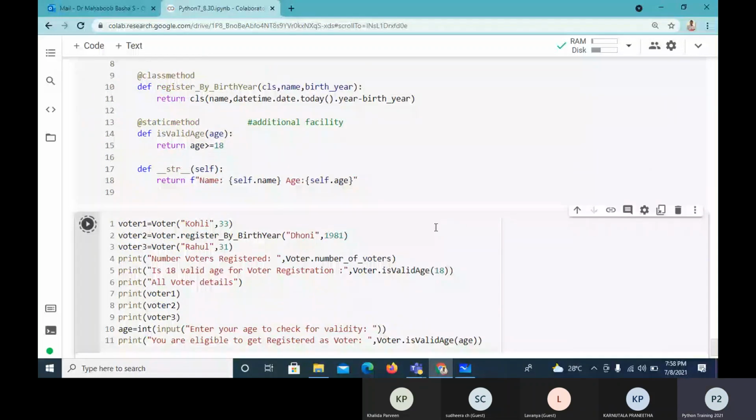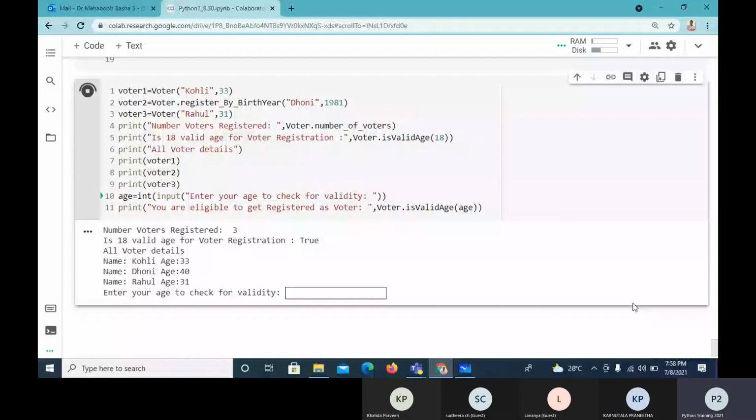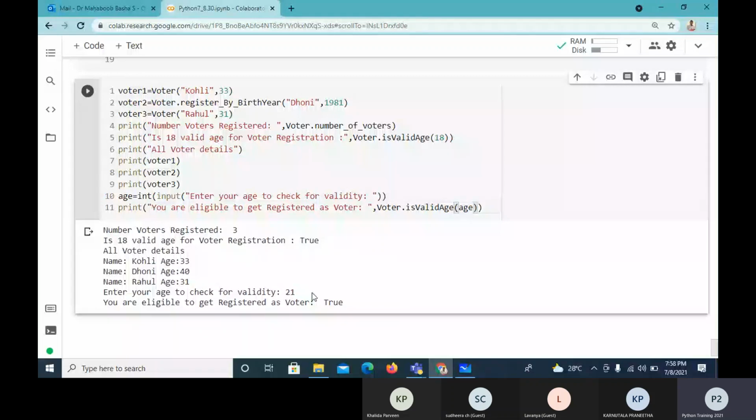So here, number of voters registered is 18, valid age for voter registration true. Then all voter details. Now I want to check whether a particular voter, suppose if I say 19 or just 21, it says you are eligible to get registered as voter, true. So this is some facility I'm building, some simple voter class with a class method, with a static method, with the